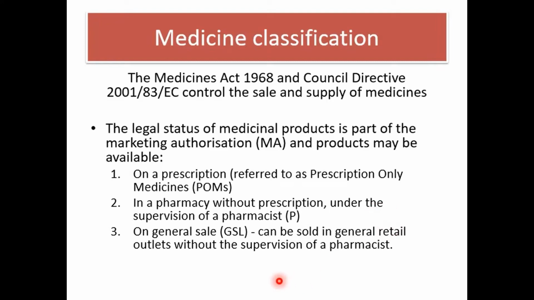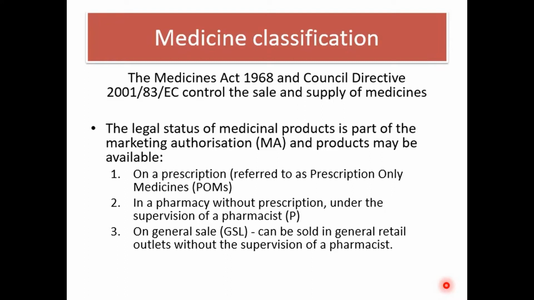And I guess the final status that we can think about is the general sales medicines. So these are essentially GSL, and they can be sold in general retail outlets, and they don't necessarily need a pharmacist to supervise their sales. So for example, medicines which are available in a BP petrol station or could be available through a vending machine,